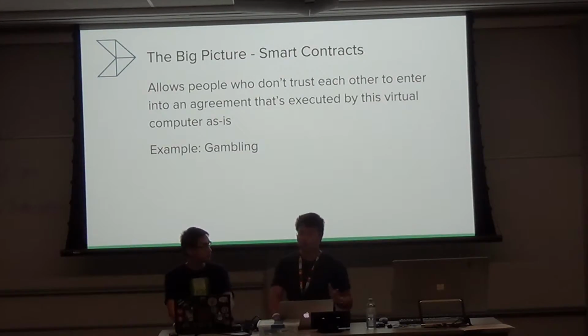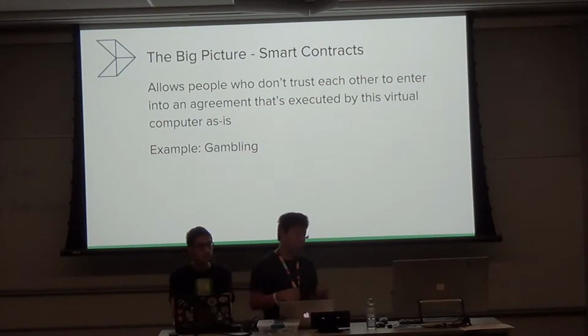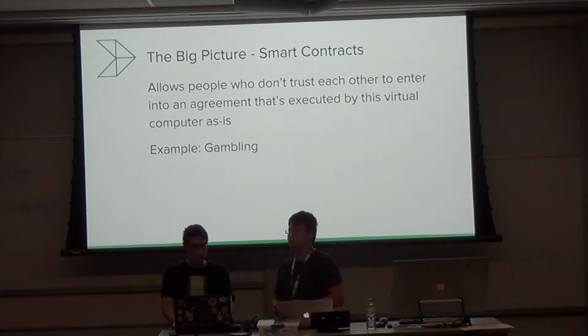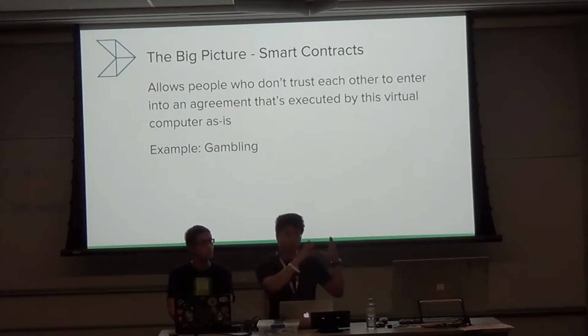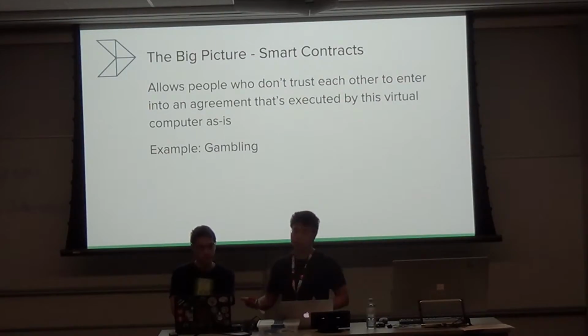You can draw an analogy from that to the lotteries in the real world, where you have a party like the Lottery Authority in Ontario that everybody trusts to do the right thing. In this situation, there's no party that you can trust. So the Lottery Authority doesn't exist. But we can still make an equivalent kind of application.